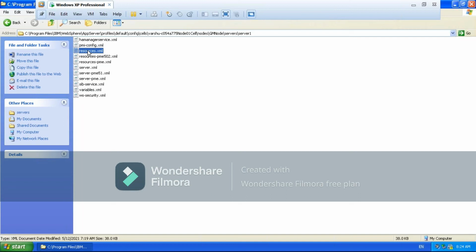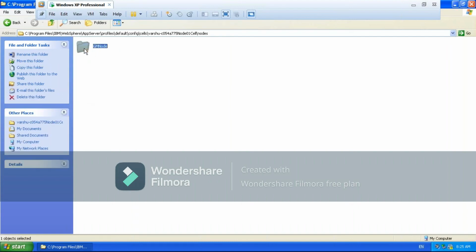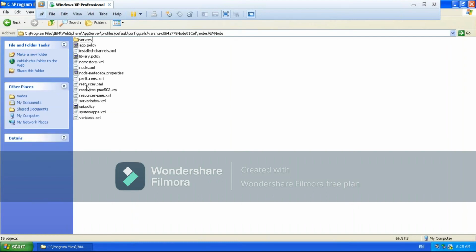Suppose while creating this JDBC resource, you give the scope of the resource at the node level, then what will happen? The resource.xml file at the node level, under this node level, the resource.xml file is there now.